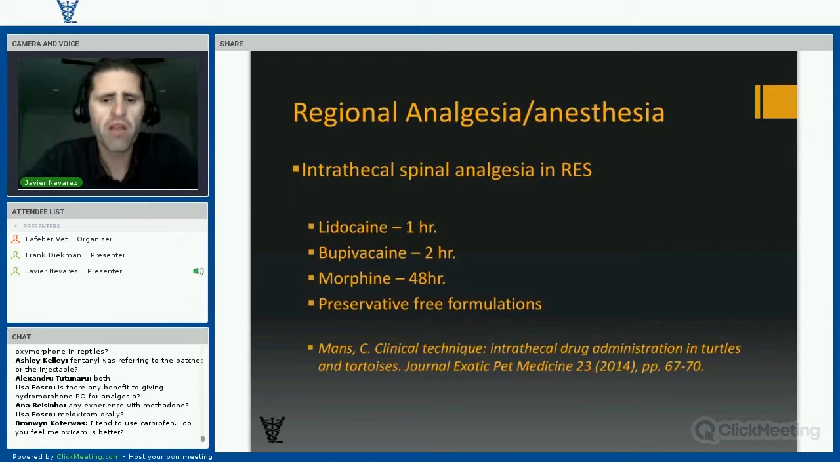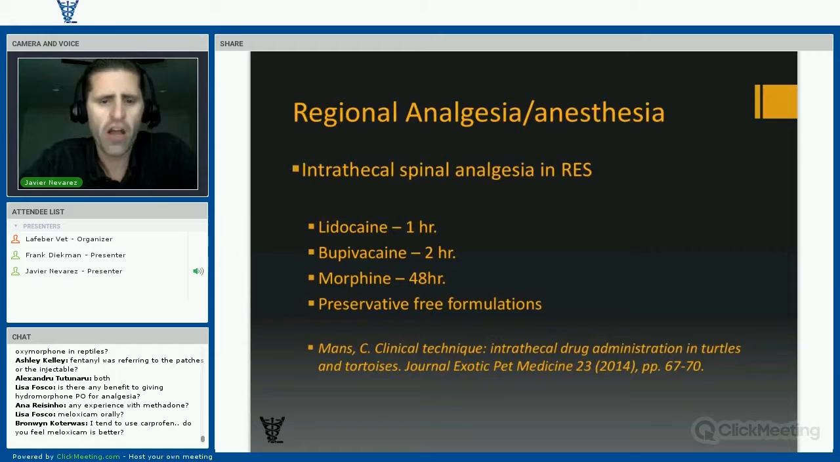We're typically using either lidocaine or bupivacaine. And this is a really good procedure if you have to do anything that involves the back end of a chelonian, and in particular anything around the tail. One of the things that I use it for quite a bit is phallus amputations. So when we do amputation of a phallus in a chelonian,